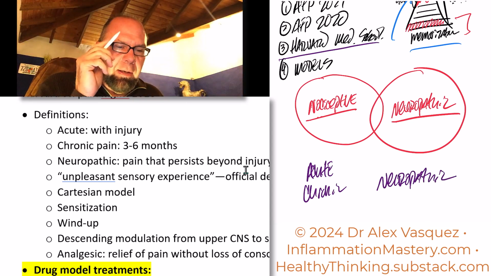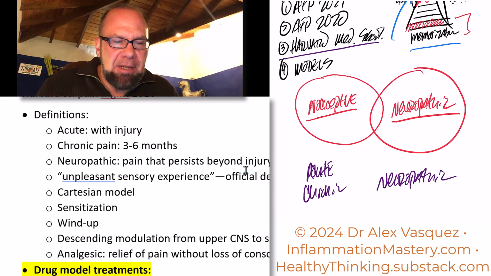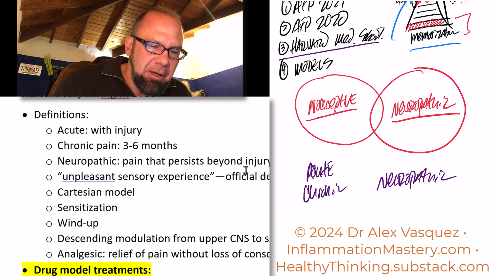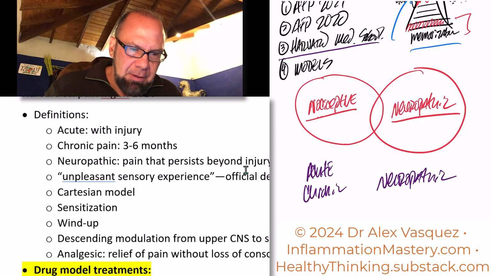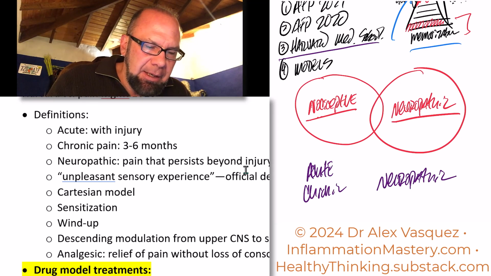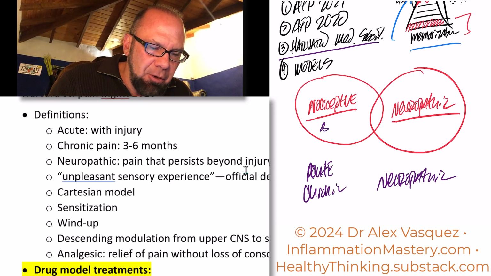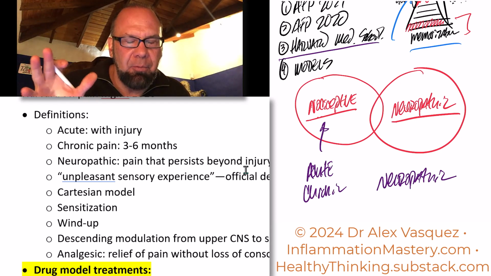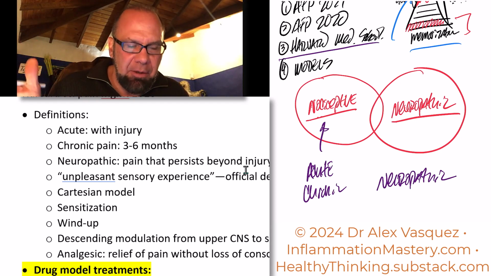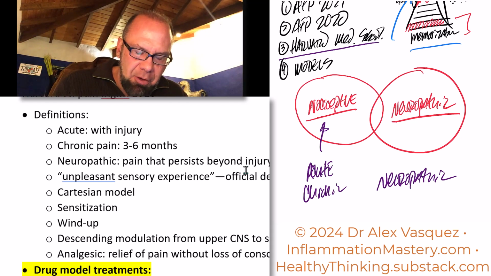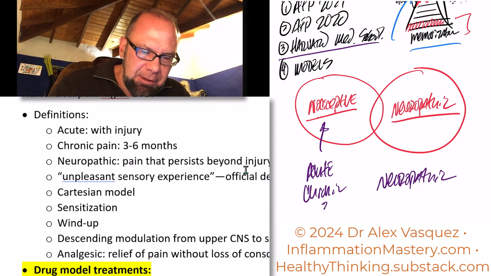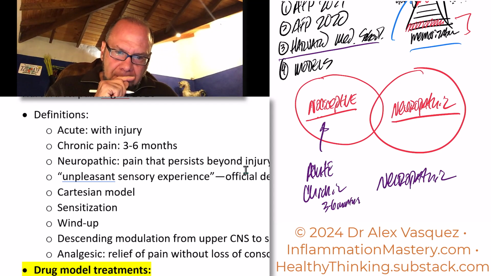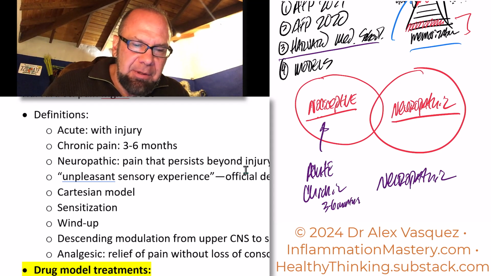So these models can be merged together in the way that I've kind of done here. Most nociceptive pain can certainly be described as acute or chronic. Acute just means rapid onset, usually due to surgery or injury or trauma, and chronic has to be at least 3 to 6 months. And neuropathic is obviously neuropathic.